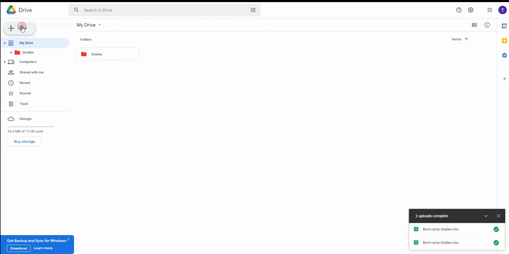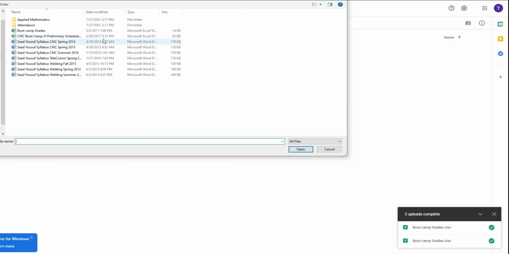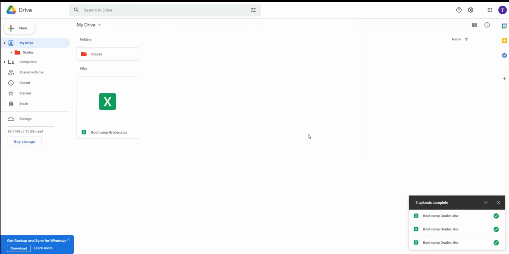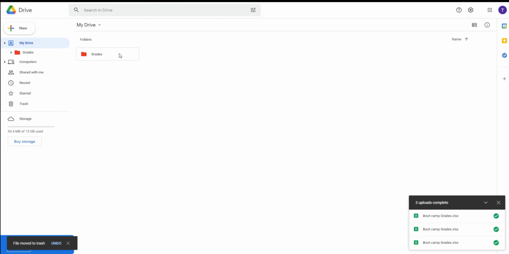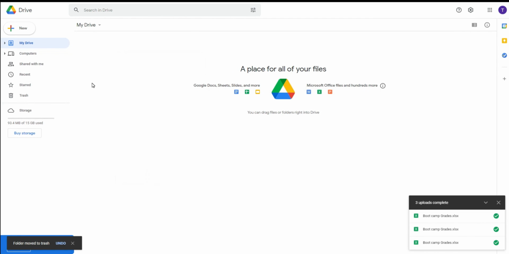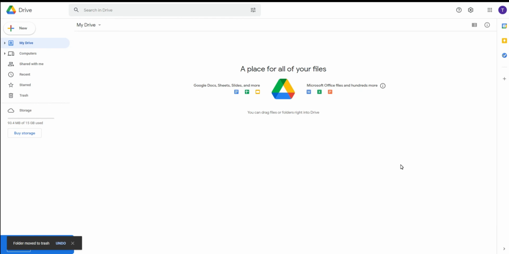Let me show you. As you can see over here, it is not inside the Grades folder, it's at the outer level. It's at the same level as the folder itself, not inside the folder. Similarly, I can right click and remove. I can right click on a folder and remove the folder, and it will be deleted along with all its contents. I hope in this tutorial you learned how to create folders in your Google Drive,